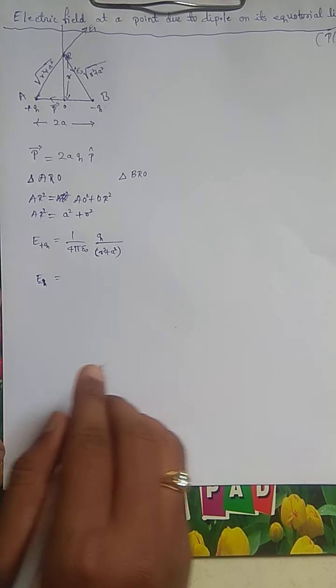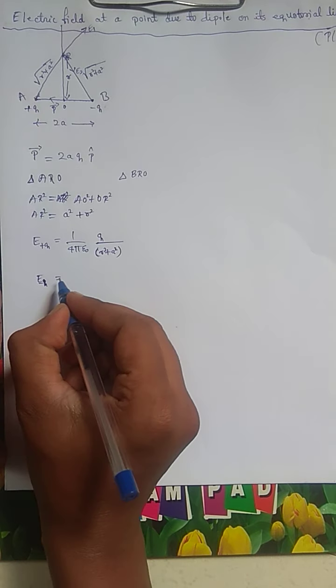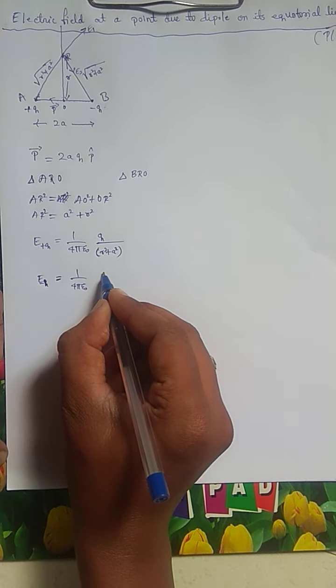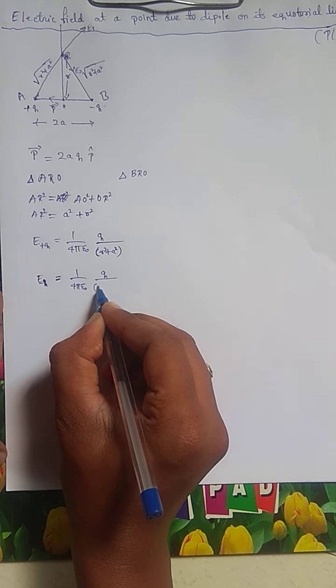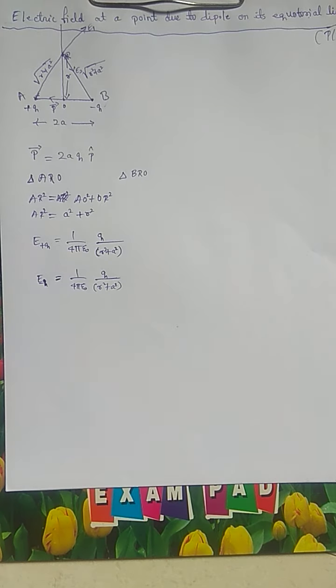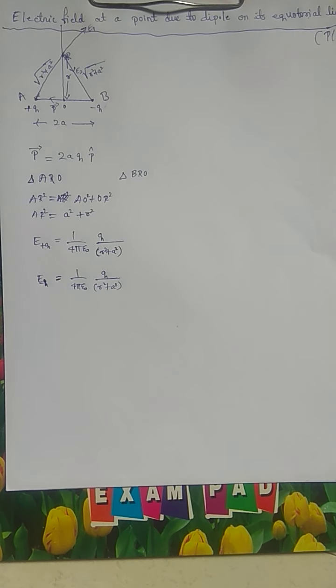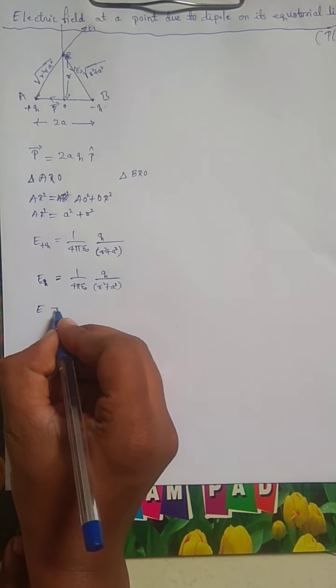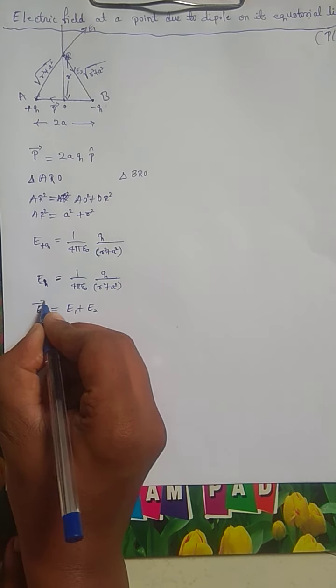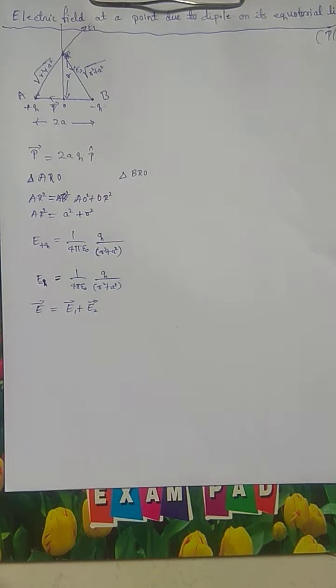Whatever discussions I had in the last class, I am just repeating those. For the minus Q charge, 1 divided by 4 pi epsilon naught, I am taking the magnitude, Q divided by R square plus A square. So these are the electric fields of the individual charges. Okay, but we require the electric field of a dipole, isn't it? So for that we require the principle of superposition, E1 plus E2, right? This is the term we have to use.